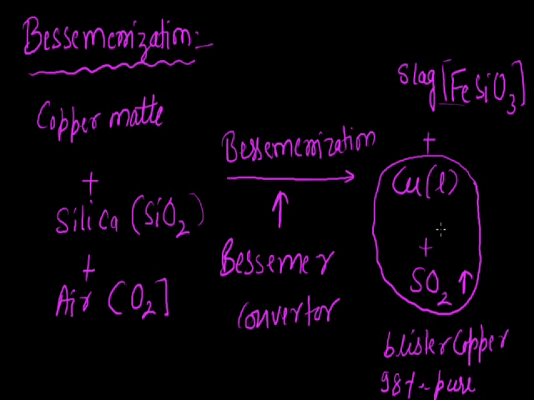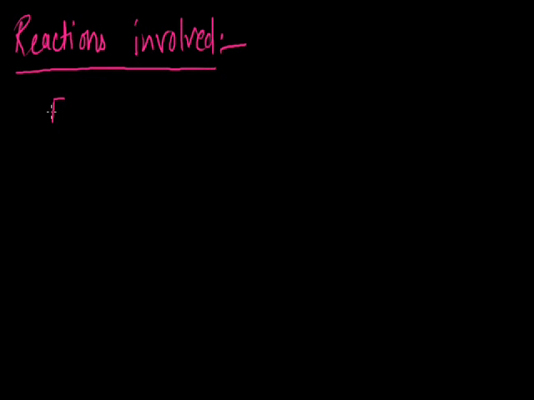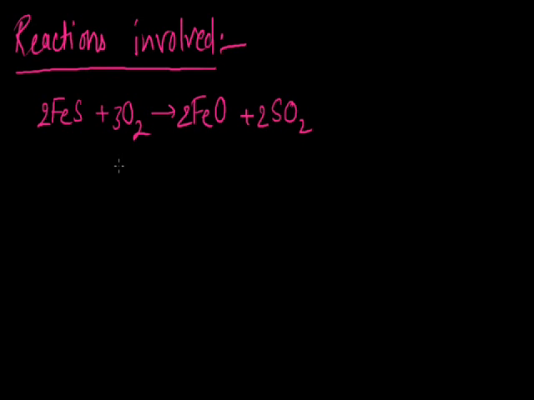And now we will discuss the reactions involved. Firstly, ferrous sulfide, that is present in copper matte, reacts with oxygen and is converted into ferric oxide plus SO2. And we can write 2 here, 3 here, and 2 and 2. And now the reaction has been balanced, and this ferric oxide reacts with silica that we enter in the Bessemer converter